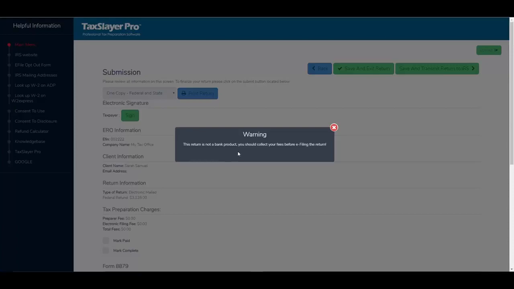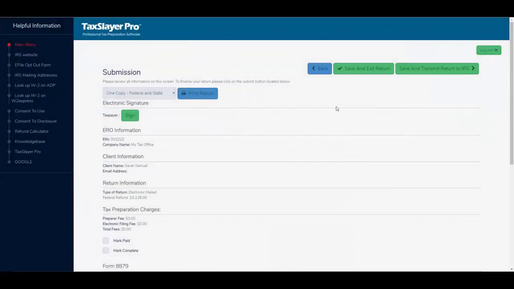Then this warning message pops up, and we've had preparers, we've had clients who've bypassed this message thinking that they were adding a bank product in order to collect their fees. Later have been sorely disappointed. This return is not a bank product. You should collect your fees before e-filing the return. Remember, I marked it as an emailed check. So I'm going to close this warning message, and we'll go back,